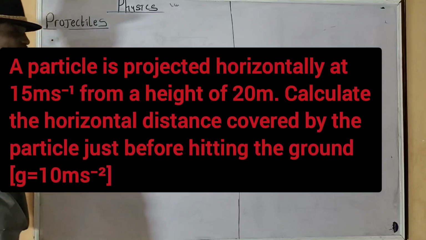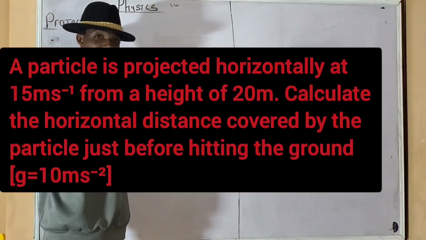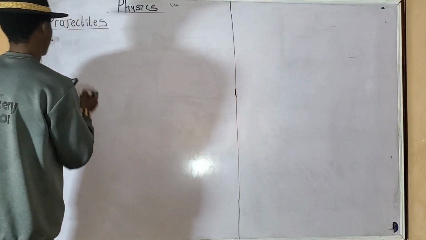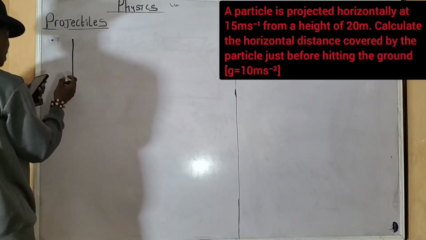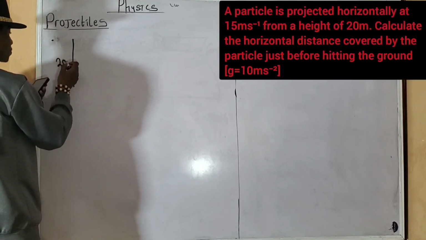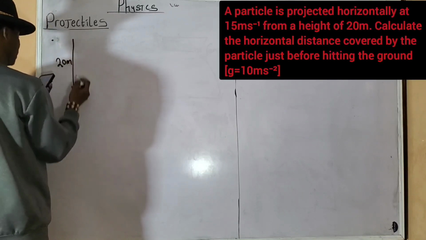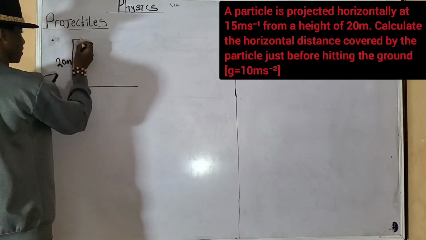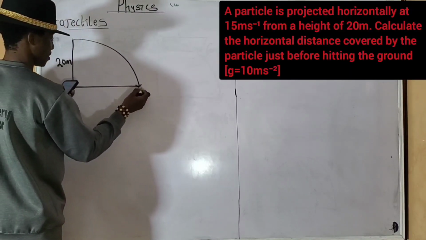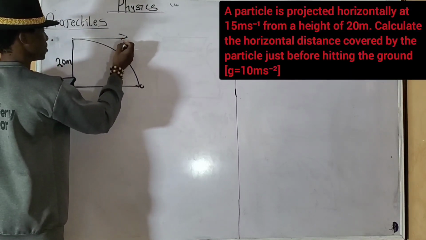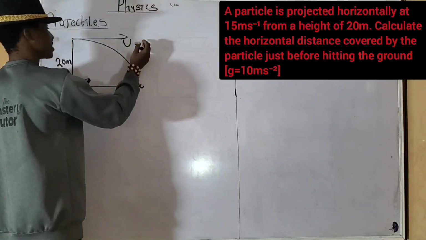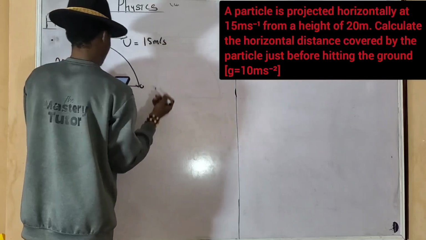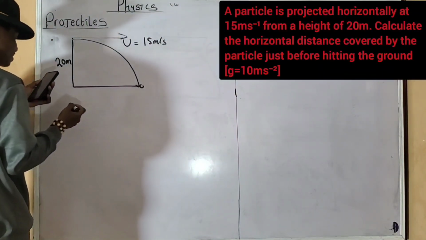Now, if you are solving this in objective, you don't need this, but because I'm teaching, let me put the diagram up here. Are you getting it? So now the particle is projected from a height of 20 meters. So I'm going to have 20 here. The initial velocity with which the particle is being projected is given as 15 meters per second. So we are asked to calculate the